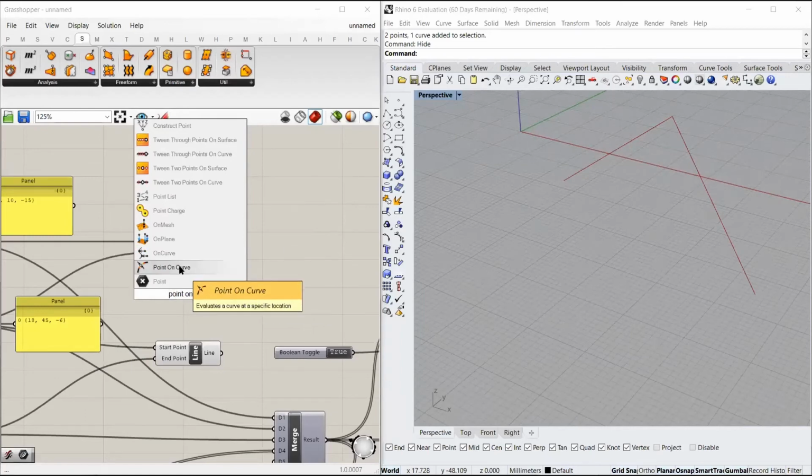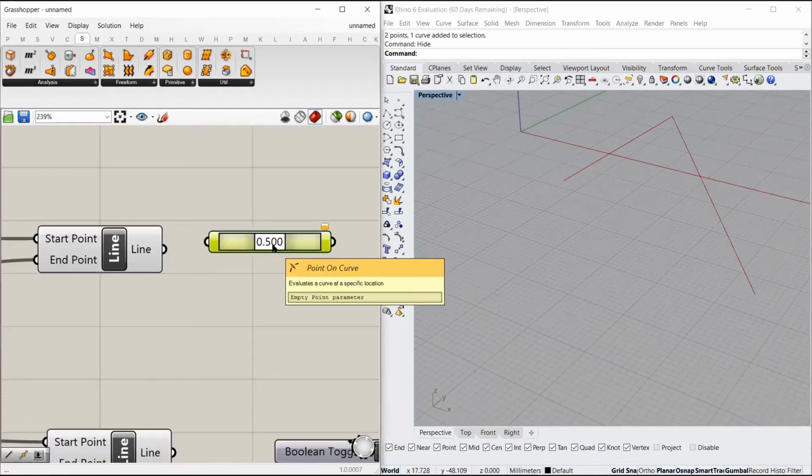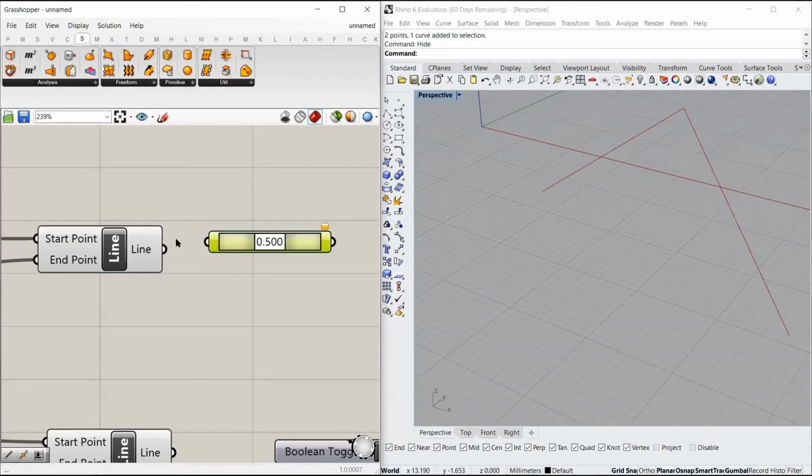You see, this is the component which says it evaluates a curve at a specific location. So I select this. By default, the domain, which is the minimum number to the maximum number of this curve, is 0 to 1. So I set it to 0.5, say. So 0.5 means it's the midpoint.